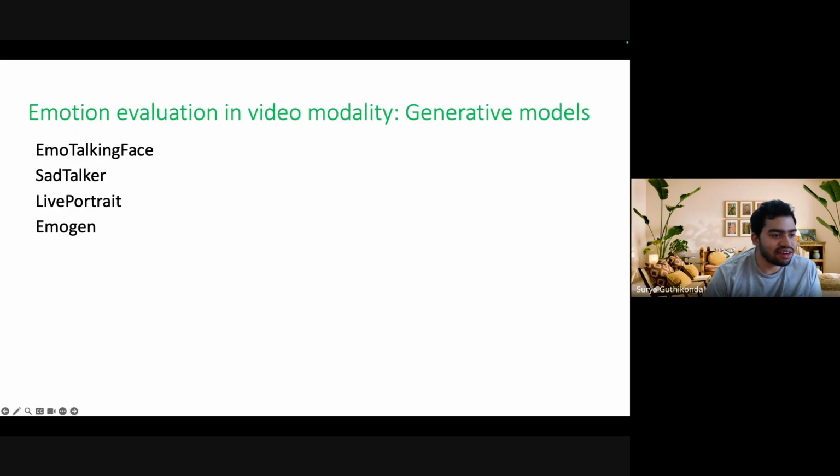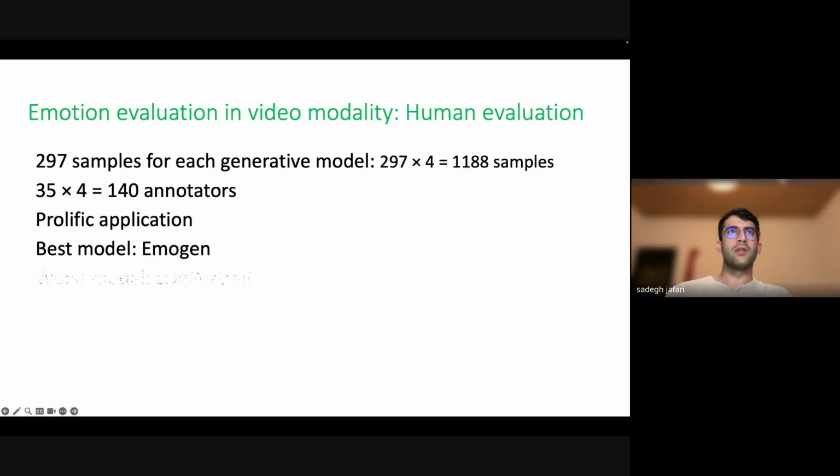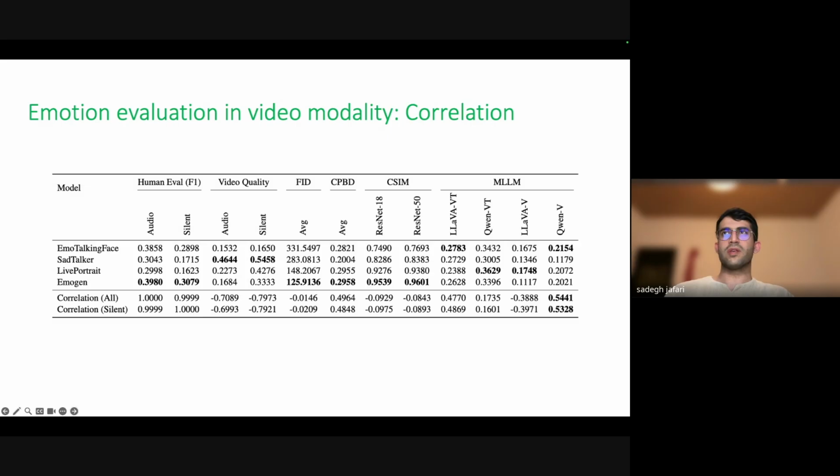What if someone wants to evaluate a model, whether text or video modality? Which metric should they choose for evaluating the emotion and empathy part? For now, we know that the best among MLLM metrics is Qwen in silence mode.